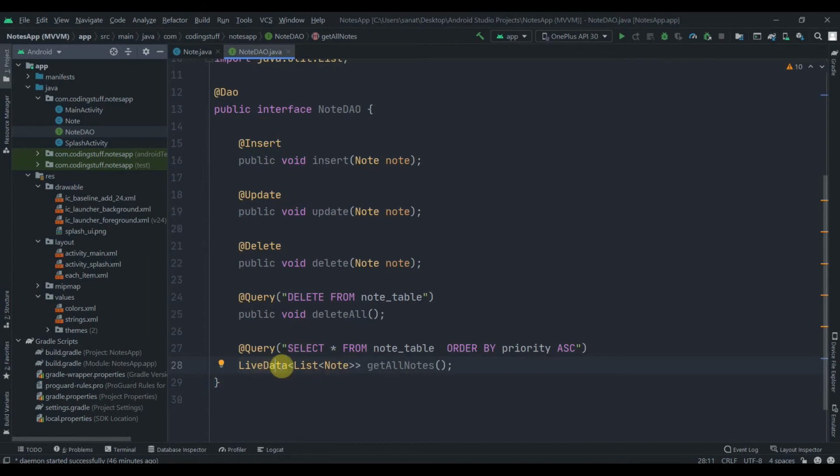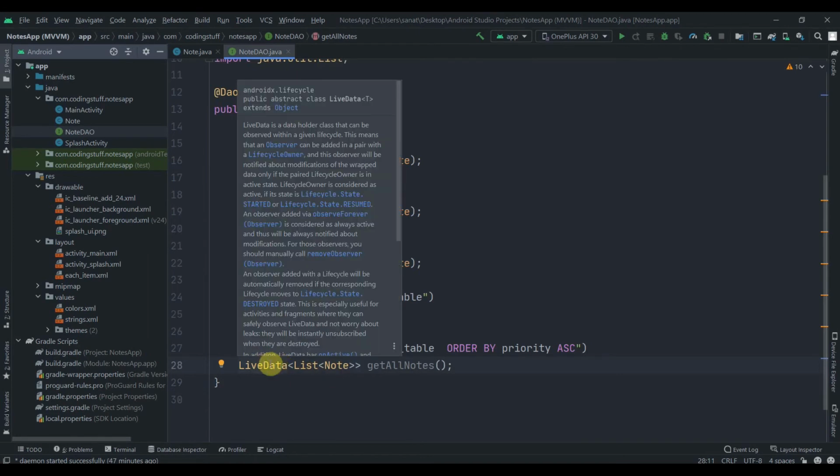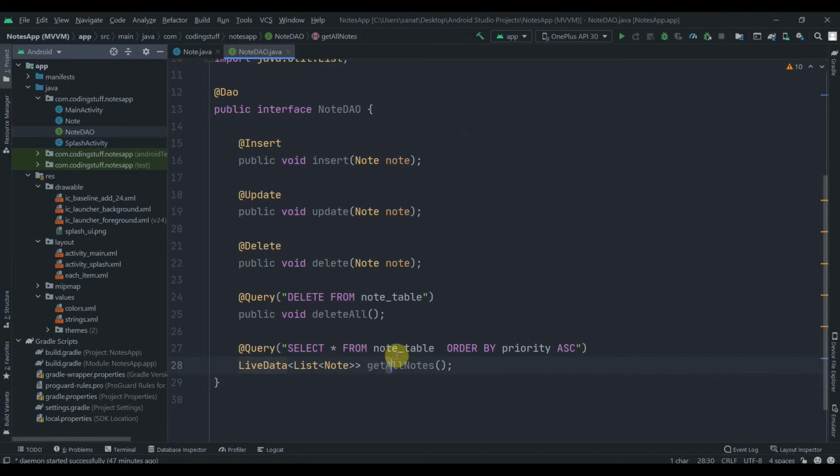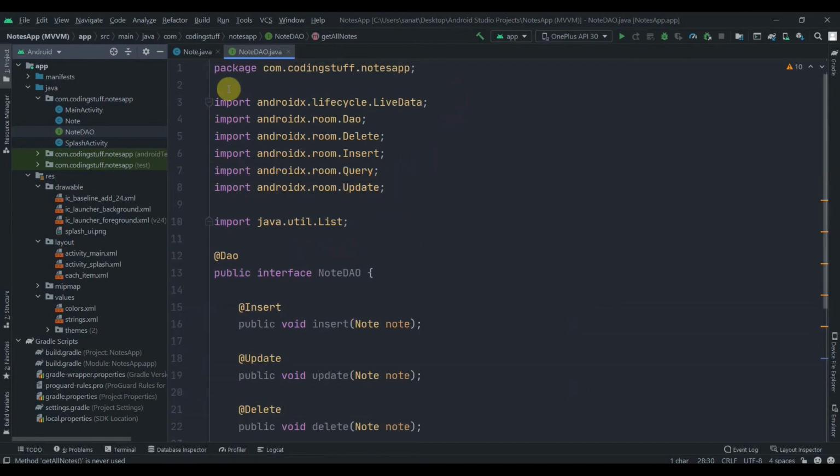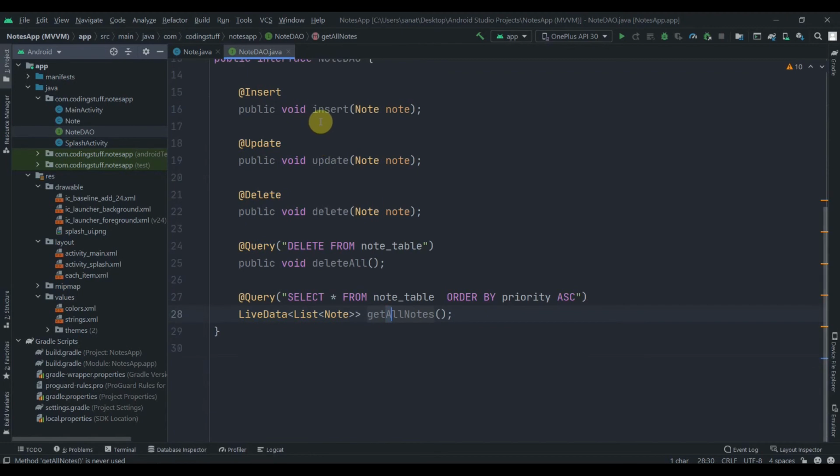But the benefit of LiveData is we can observe this object from the UI. So as soon as there are any changes in our note table, this value will be automatically updated, and our activity will be notified, and Room takes care of all the necessary stuff to update this LiveData object. So that was all for the NoteDao.